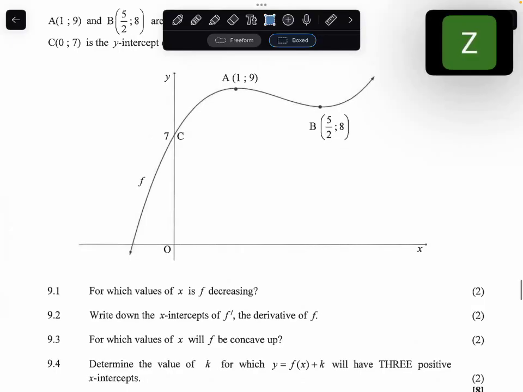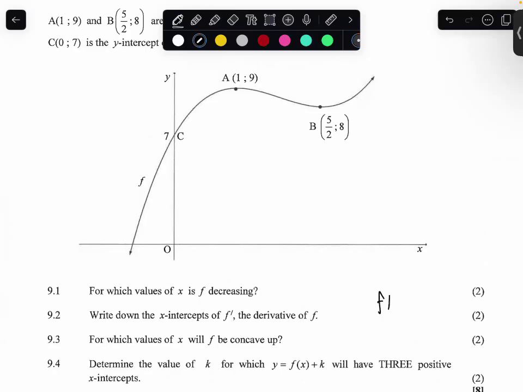All right, so this 9.4 says determine the value of k for which y is equal to f of x plus k will have 3 positive x-intercepts. Now, normally this question is asked like this. They say f of x is equal to k, something like that. Or f of x plus k is equal to 0. But when it's asked like this, where they have y is equal to f of x plus k,